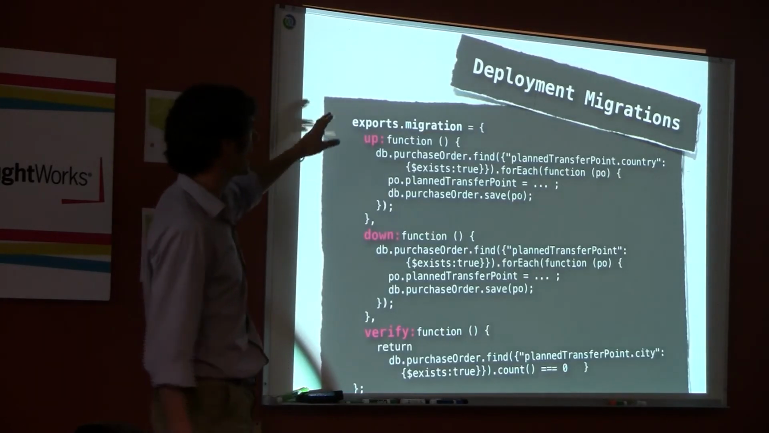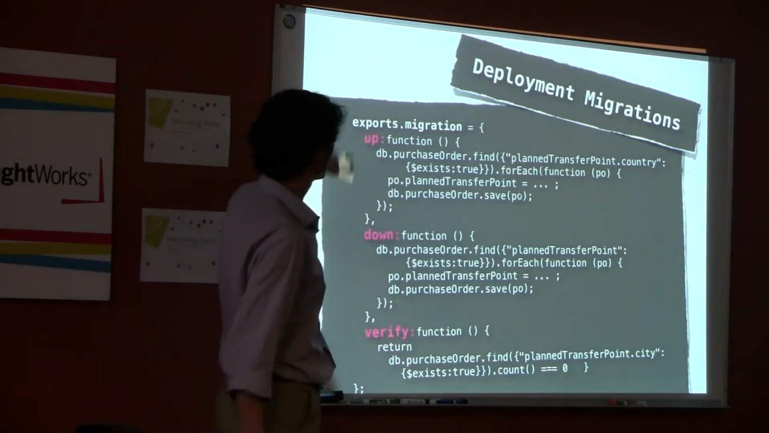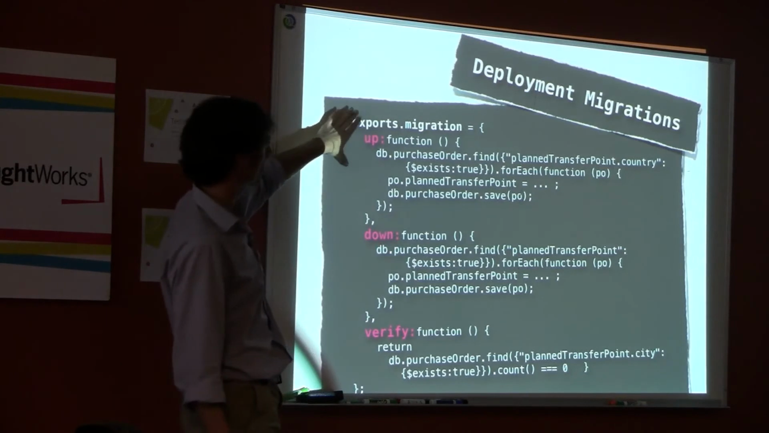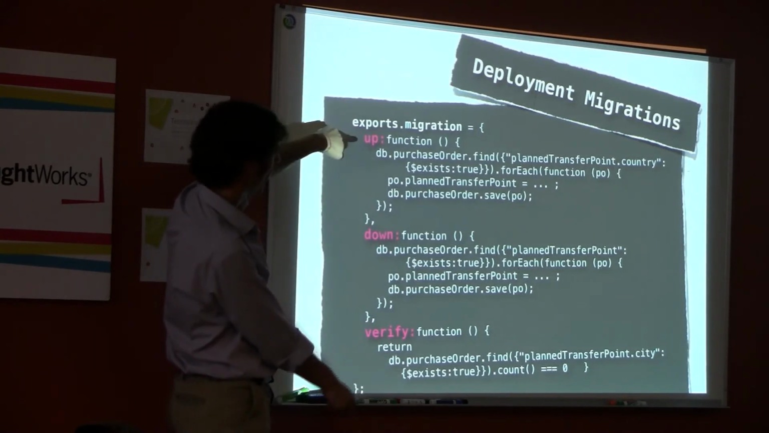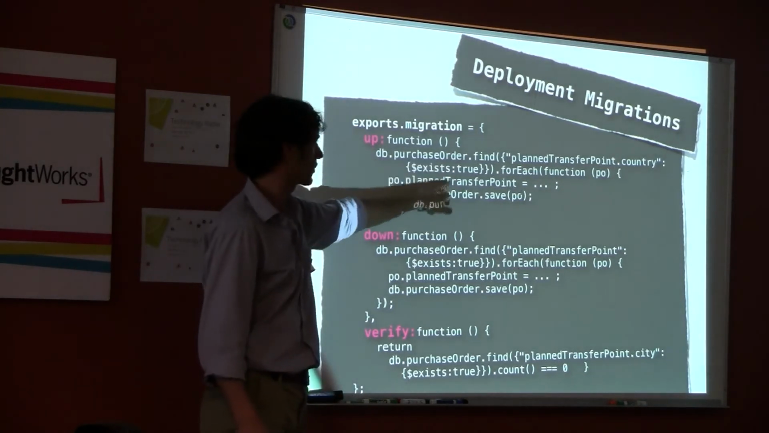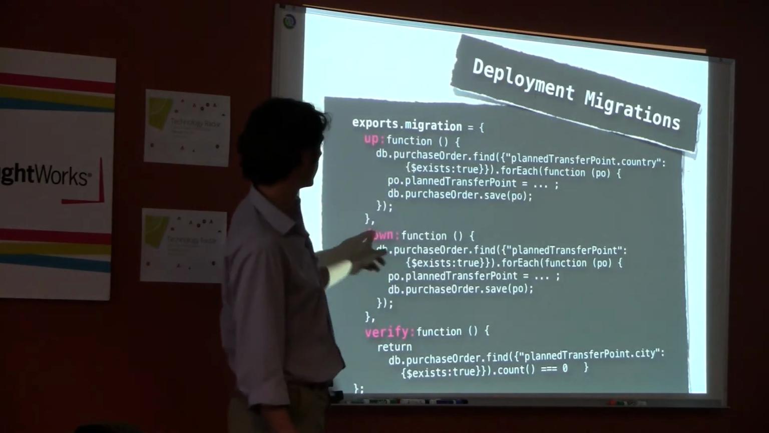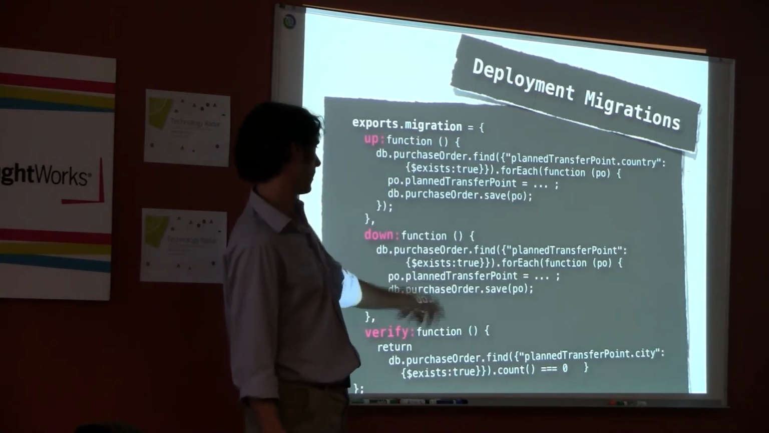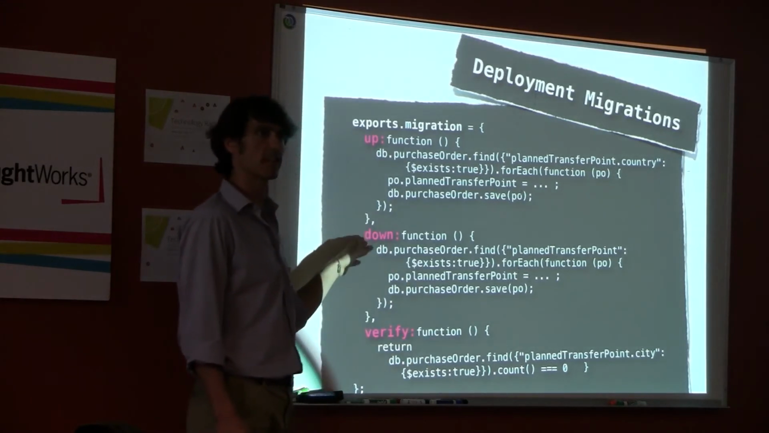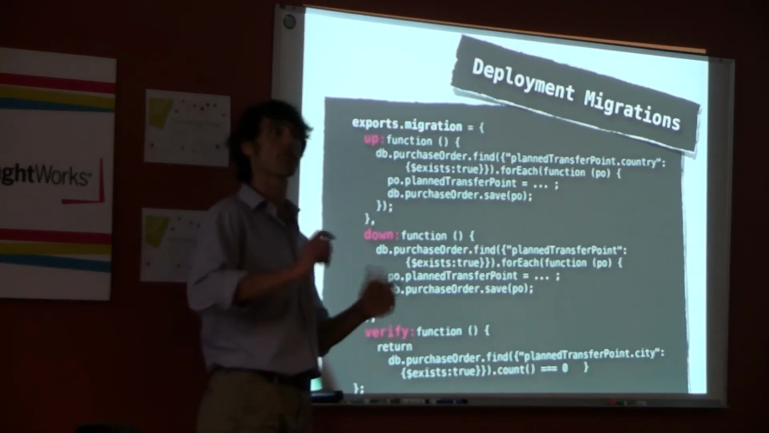So if you're going to write that, this happens to be an example from the very project that Toby worked on. Just basically each script looks like, how do I go forward? I want to fetch a bunch of stuff, and for each one of those things, I want to make some update, and then I want to save it. Down looks like, find them all, reverse that migration. This is an example of a transformation that is reversible